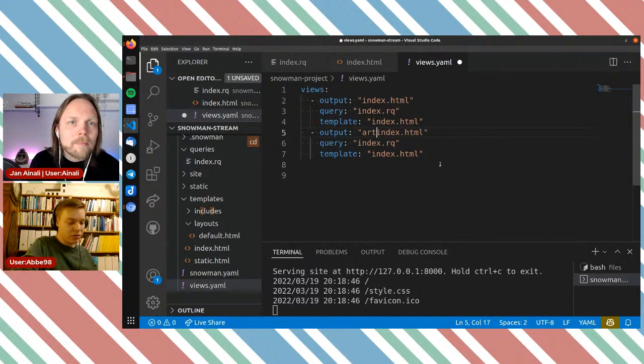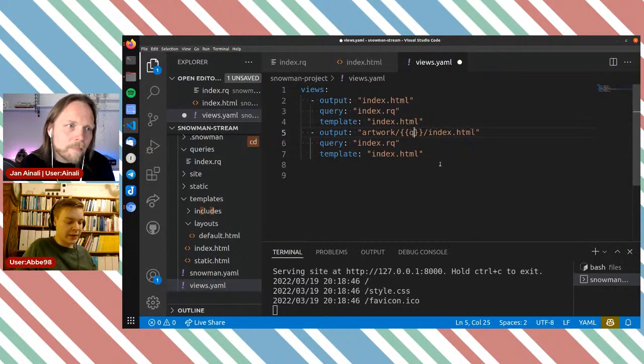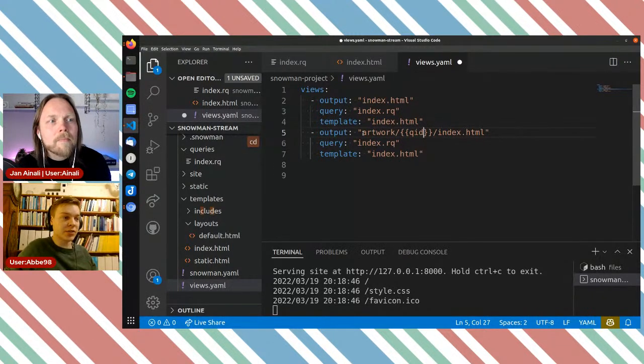So I can say artwork/ and here I can actually point to a SPARQL variable. So imagine we got a variable called QID here. I could say it like that, because then it would output for each row in the results. It would write a file to artwork, the name of the QID variable, and /index.html.